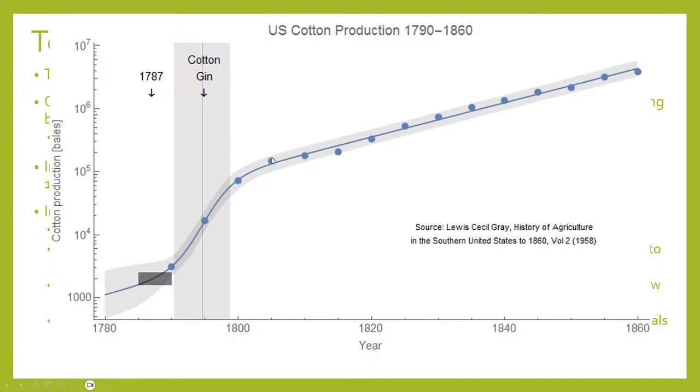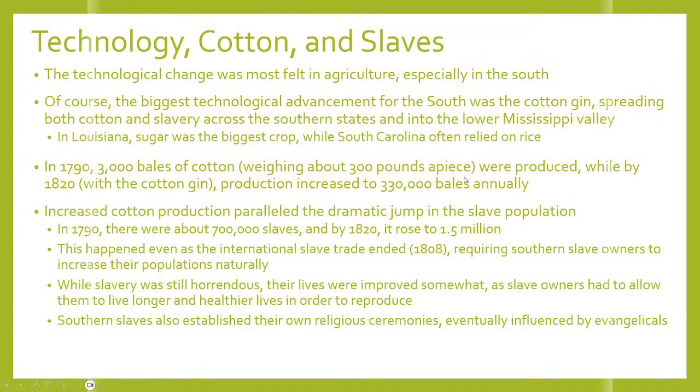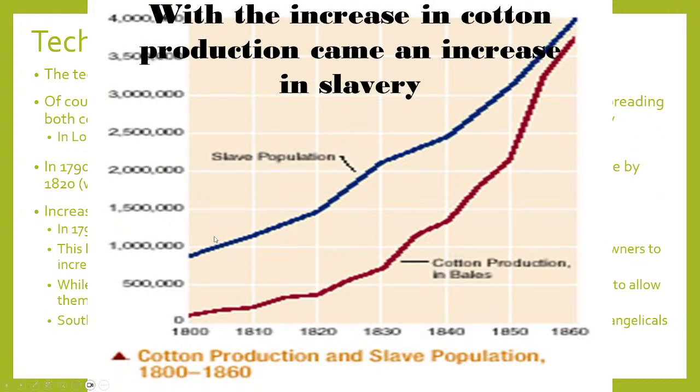well, if we had more time this semester, that's where all the arguments for all the states being admitted are for. Can we use these states for cotton? Yes, then we need to make it a slave state. That's the whole impetus for everything up to the Civil War. Once again, cotton production, slave population, very obviously after 1800 it starts to rise.